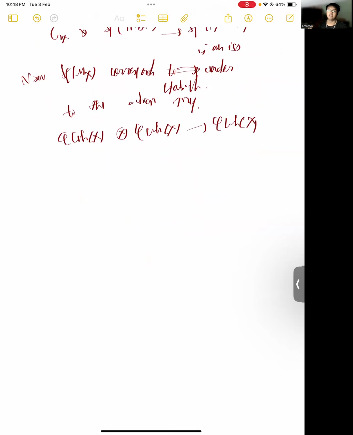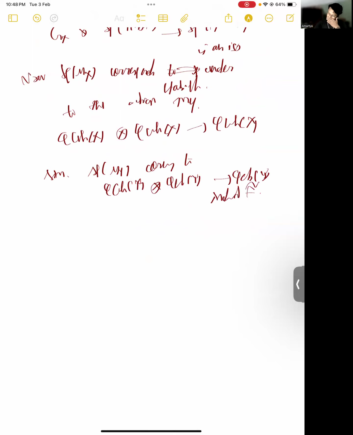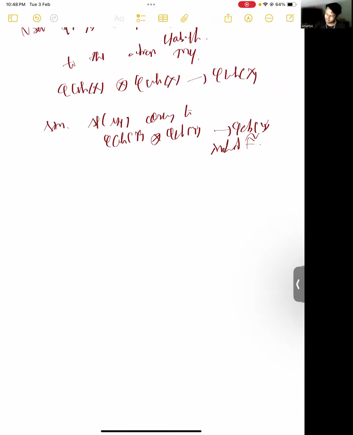And similarly for SP mu y, it corresponds to this action map induced by F tilde. Now, instead of going through all the details, I'll just say that unwinding all these definitions, the isomorphism of two cells will give us the projection formula.